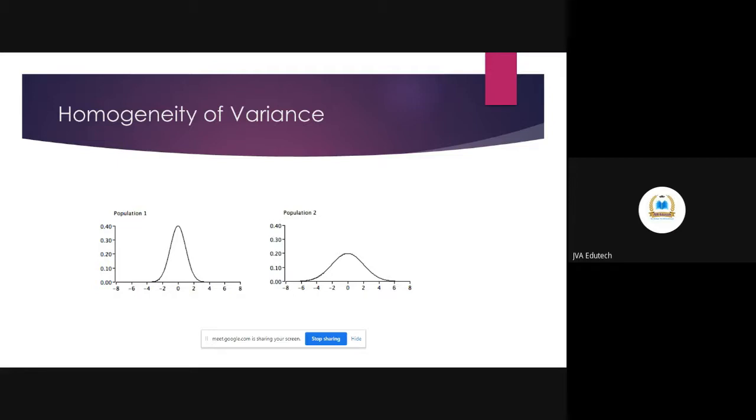If it is not bringing change in any one of the groups, or only a very small change, then that is not the case of homogeneity. So variance means change of values, the change that is happening due to a treatment, and homogeneity means that change should be homogeneous, meaning that change should happen in both the groups. Because this is very important for the independent t-test, and this should be followed.